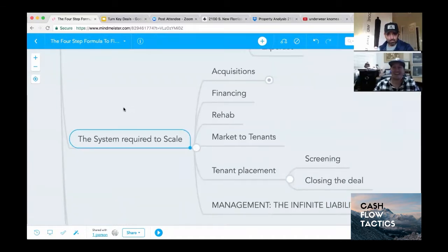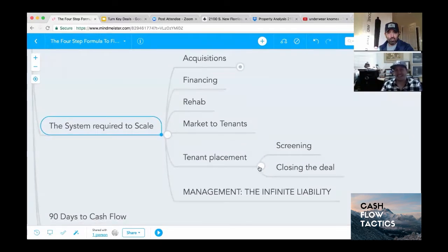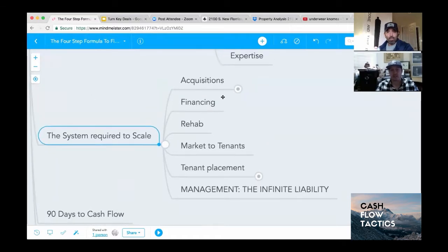And I'll be honest with you, Bob, just having to work through this and write through this, I got kind of exhausted. So yeah, and we've highly simplified this. I mean, there's 1,000 moving parts to this business, and you're not going to learn it overnight. This is many years of trial and error to get to where we're at now, and it all starts with